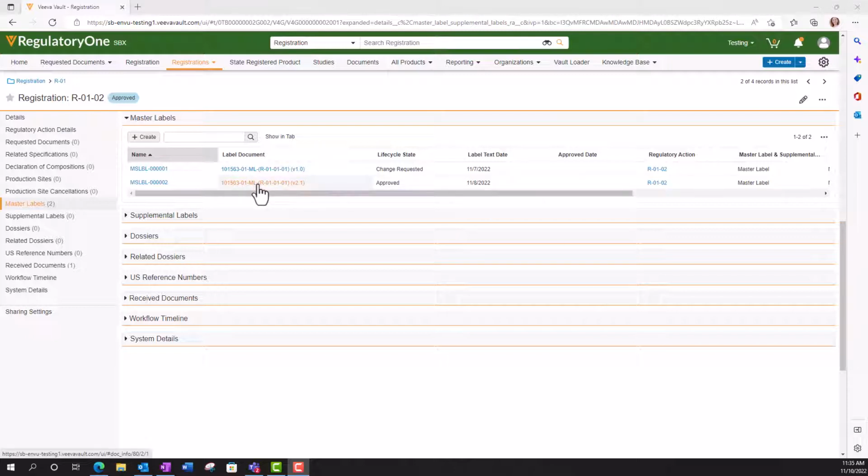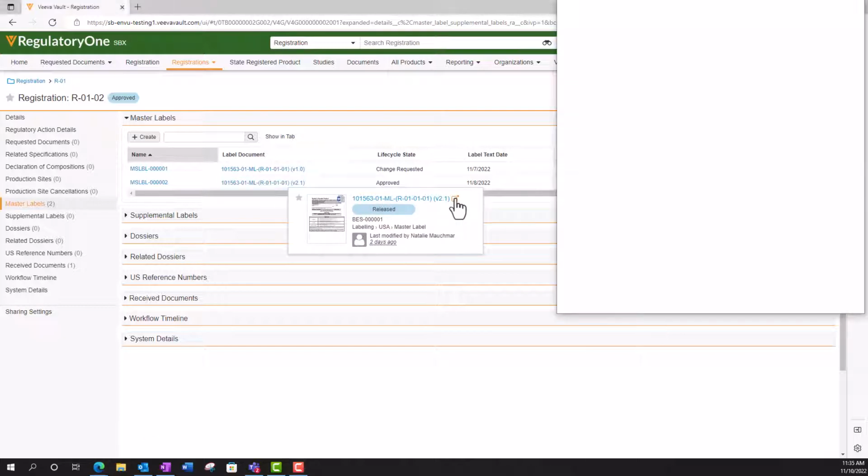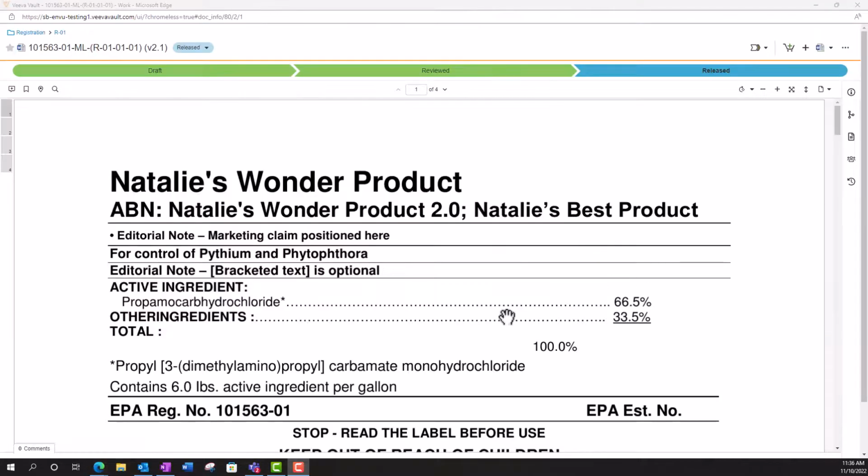We're going to begin opening the label that was most recently approved. And then from here, we are going to create a copy of this master label. We're doing that because we want to completely begin over the versioning cycle, because this is now a different classification of label and basically a brand new document. So we're going to begin here